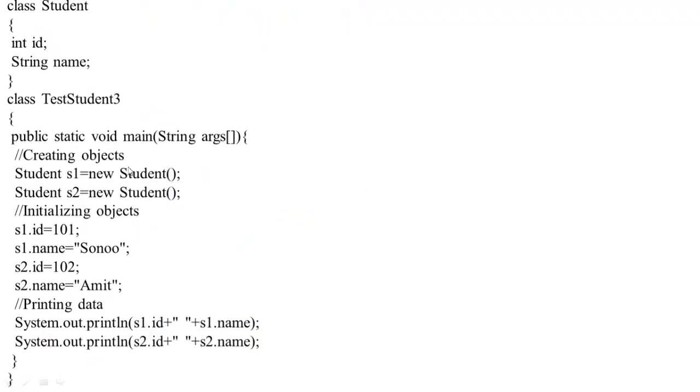What is this program? What does it indicate? Just try to observe carefully. What is the difference between this program and the previous program?